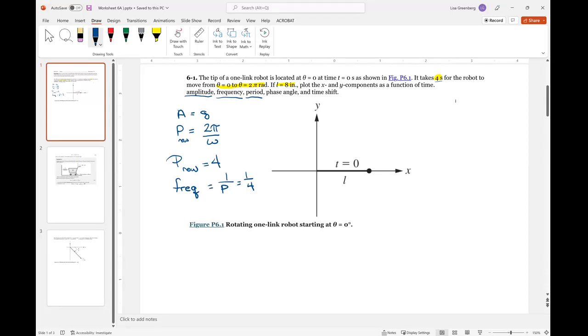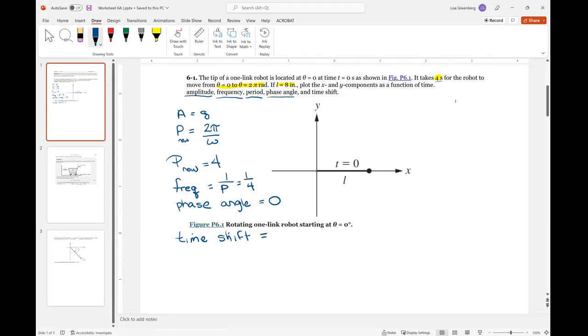But here, the phase angle would be considered 0 because there's no horizontal shift. And the time shift is going to equal the,